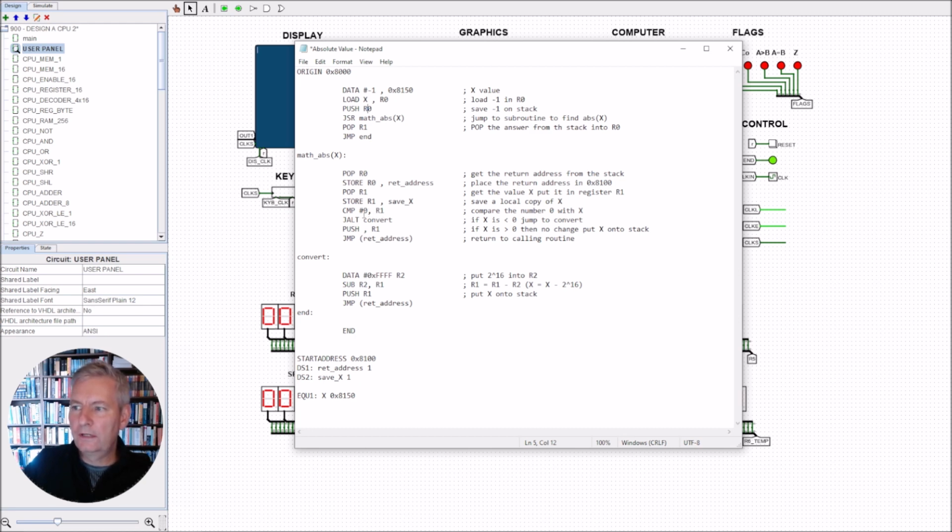Now, so we're comparing 0 with -1, and we are going to jump if A is less than. Okay, so if the value is less than 0, we know it's a negative number. So we're going to jump to the convert. So if that's the case here, we'll jump to the convert here,